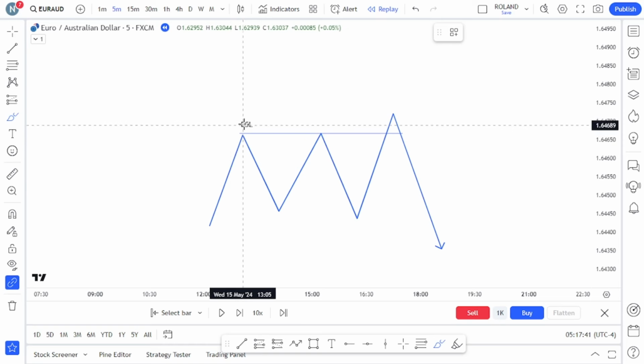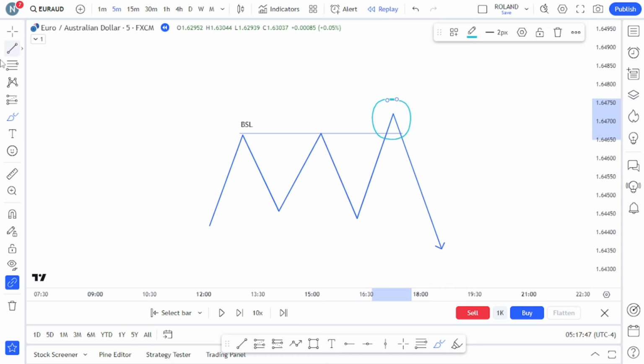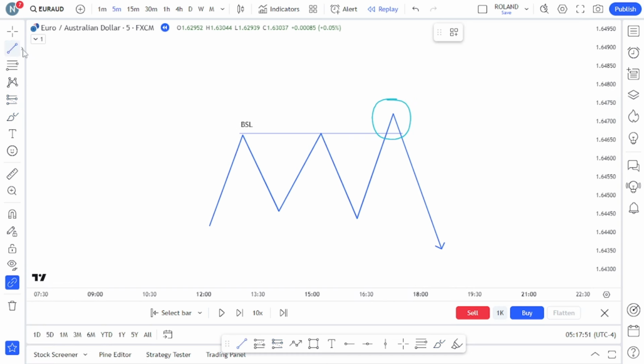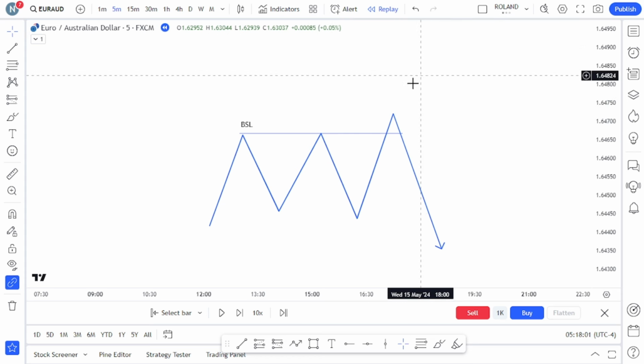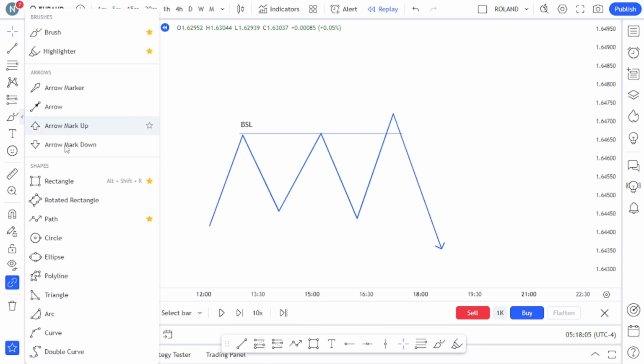When we run above an old high, known as buy side liquidity, this area is where traders like to short. Now, this is a very wide concept in ICT. It's called liquidity grab, liquidity raid, anything you want to call it. But then, what makes turtle soup itself different from the normal liquidity grab is that other models will